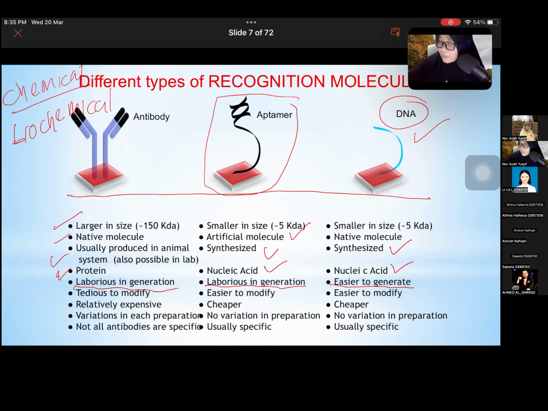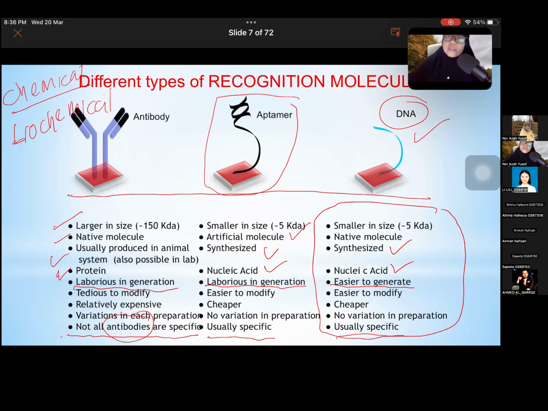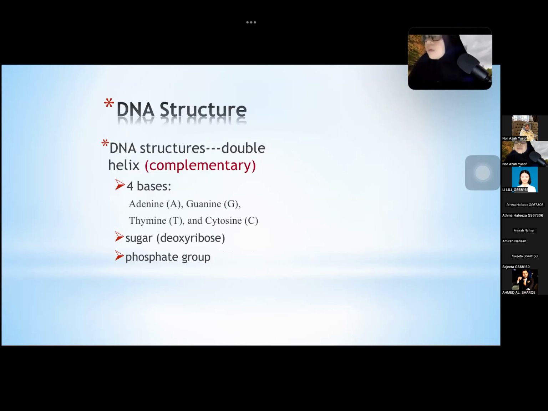But the good thing about antibody is that mostly it is very specific. Not all, of course, but mostly it's very specific. Aptamer can be specific if you design it well. And DNA is supposed to be specific, but there are some issues with DNA, what we call non-specific interaction. So just bear with me first. So these are the comparisons. As you can see, there are negative and positive points for all these biomolecules. Okay. So the first biomolecule for today that I would like to explain to you is the DNA